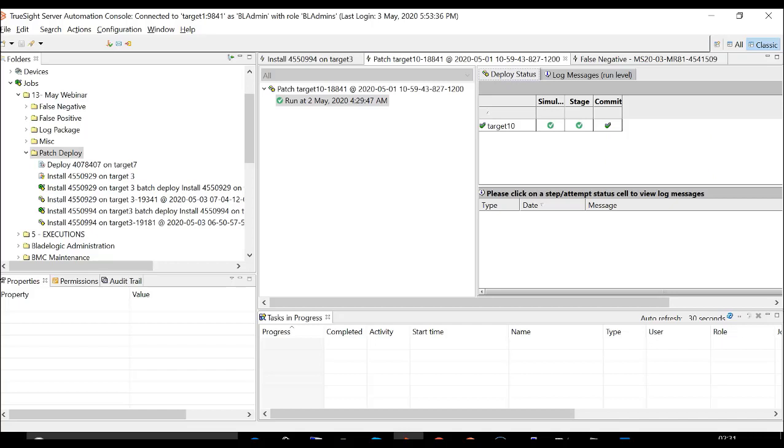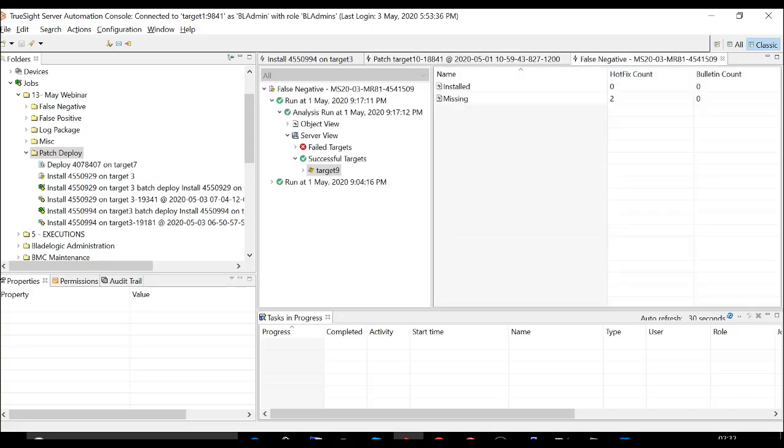Let's suppose when you're creating a deploy job, you have selected the option to ignore item defined reboot. When the patches were installed, there were a couple of patches that require reboot, but since you have selected the option in the job to not reboot the server, it will mark the job as successful, but this small sign here will signify that there is a pending reboot on the server. I'll click on this third job run.